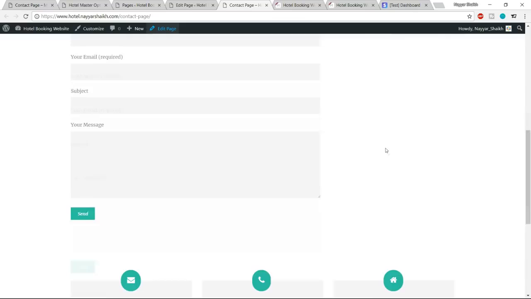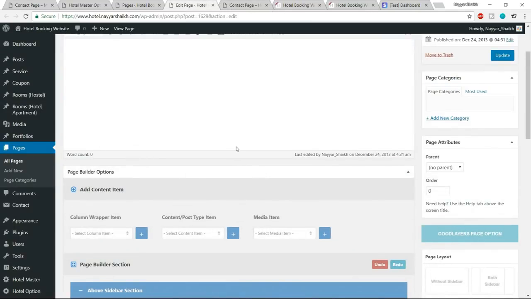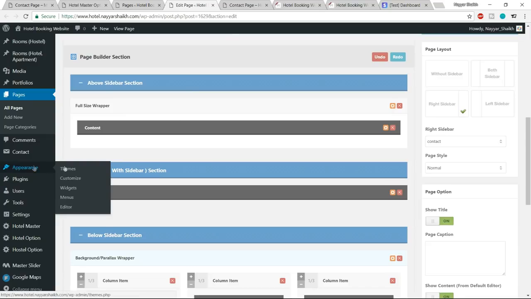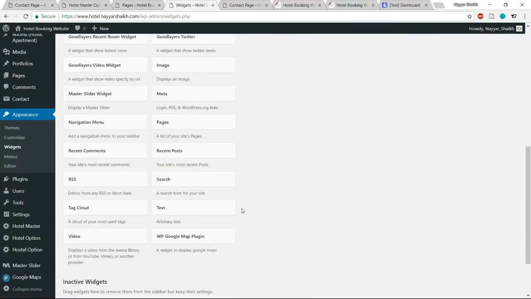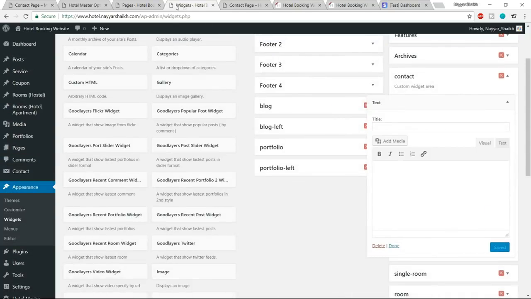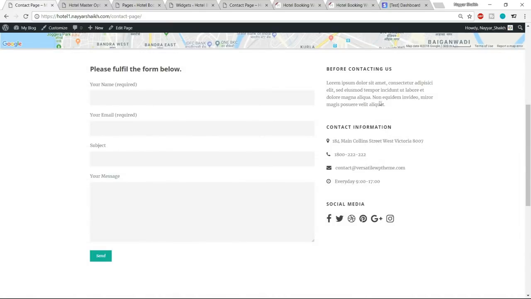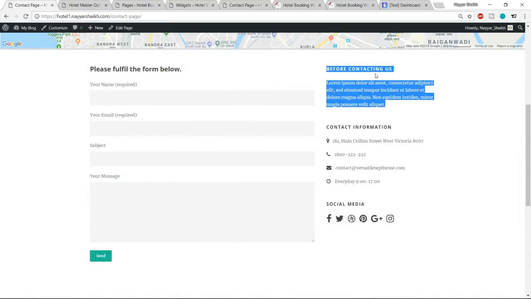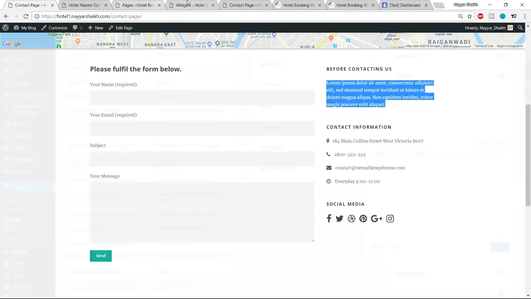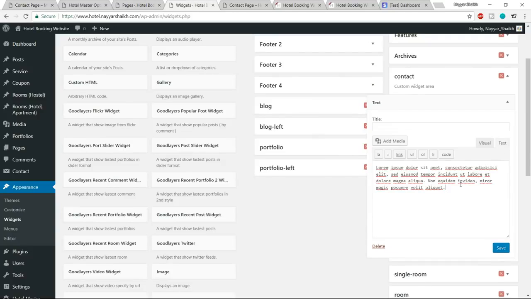So if you see on your website, that thing is missing. First go to edit page and make sure at the right hand side you have this right sidebar and contact is selected. Okay, so we have this contact selected. Once you've confirmed that this is selected, hover over appearances and click on widgets. Now from here select this text and make sure contact is selected. Click on add widget. Now if you see in the demo website, first we have some simple text and this heading. So just copy this simple text from here, come to this page and go under text and paste everything,